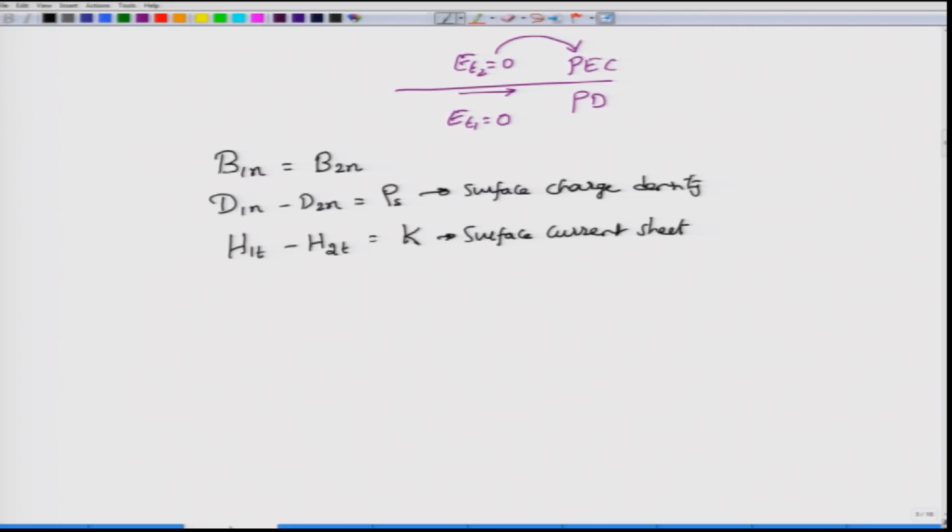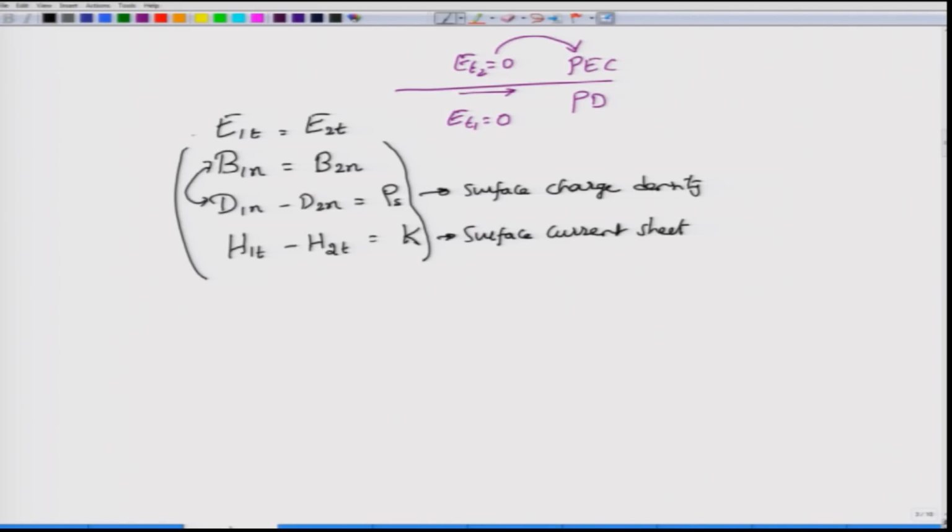The discussion of these boundary conditions is nicely summarized in the textbooks that I have suggested. So, please take a look at them. I am not going to derive it, but just to complete whatever we have been writing, we have E1t equals E2t all the time, no problem whatever the media are, and B1n is equal to B2n all the time, but the D field and H field are discontinuous by the exact amount of surface charge density and surface current sheet that can be present. It turns out that in most of the modules on the course, we do not really bother with the normal conditions.